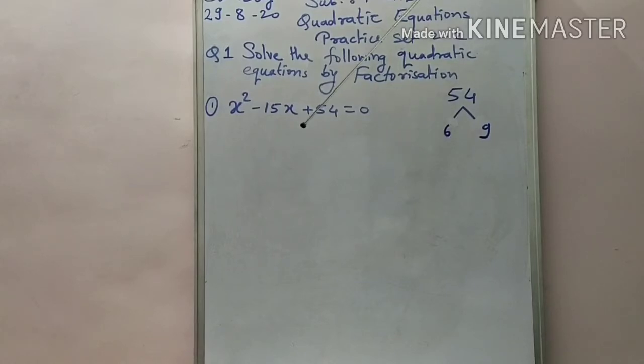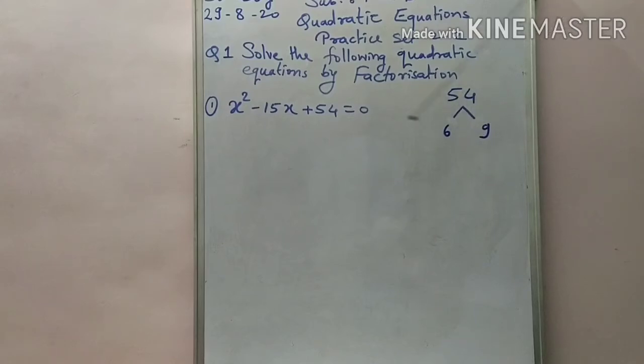Okay, now we have to decide whether both factors have equal sign or opposite sign. If there is a plus sign, we find factors such that the addition is 15. When we do addition, if there is equal sign, both factors have the same sign, either plus plus or minus minus. So how do we decide whether both have plus plus or minus minus? It is from the middle term sign. The middle term sign is minus, and if there is addition, we find addition as the middle term, and then we give the middle term sign to both factors.